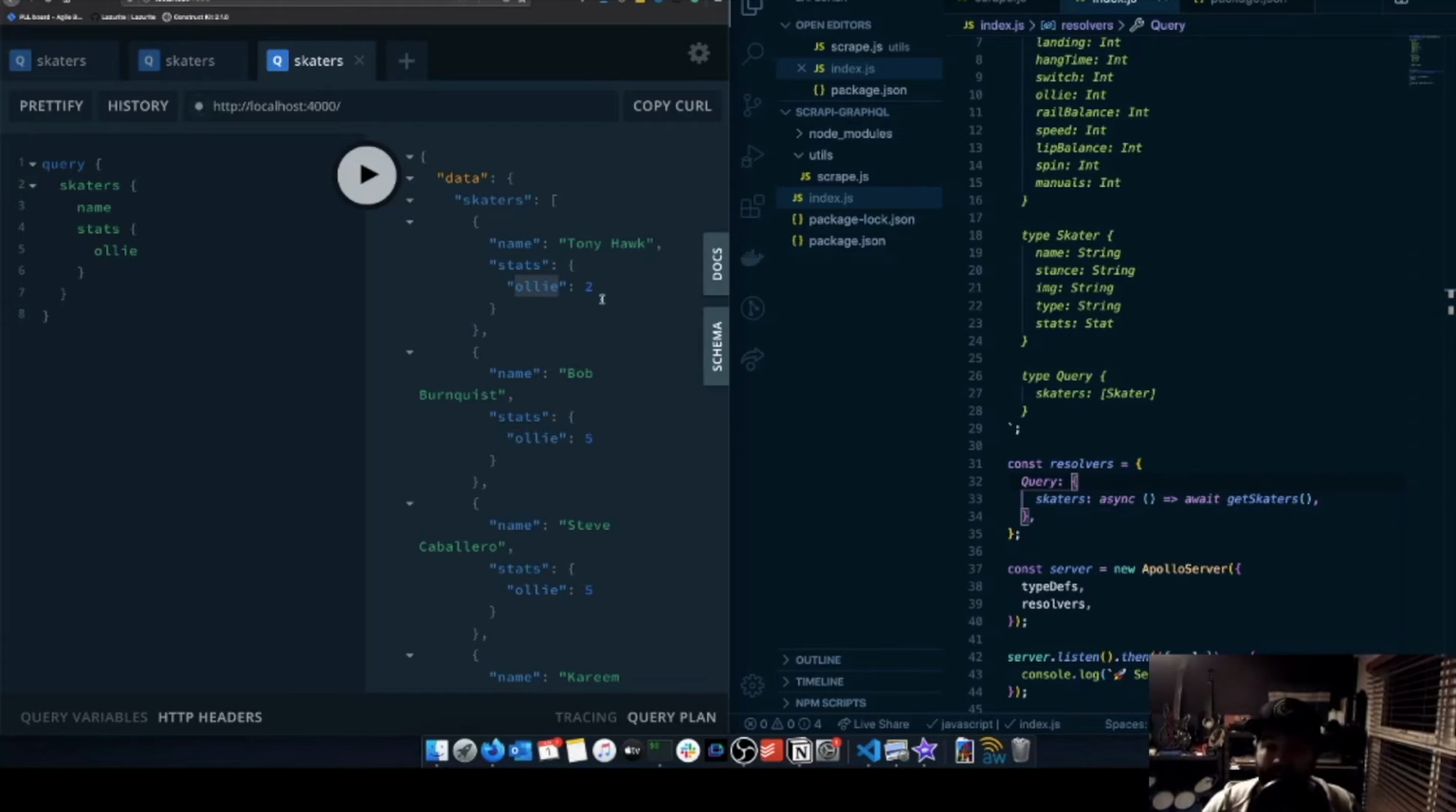It's going to go work that out and send it back, but it's not going to send back every single skater with every single name, every single stance, every single everything. It's only going to give us back the bits that we actually care about. So that's awesome. But now we have these